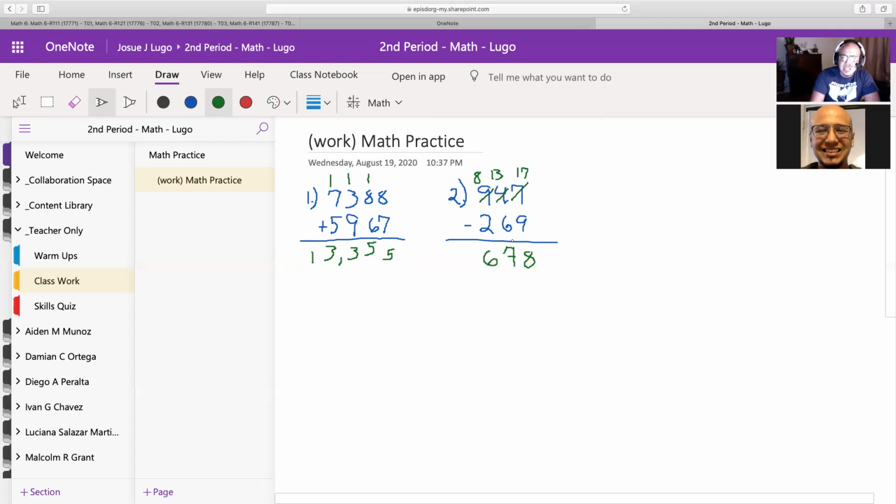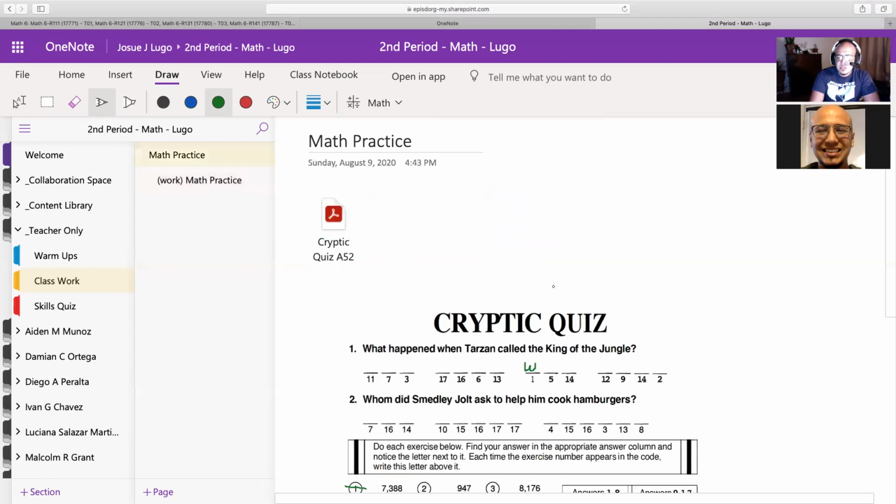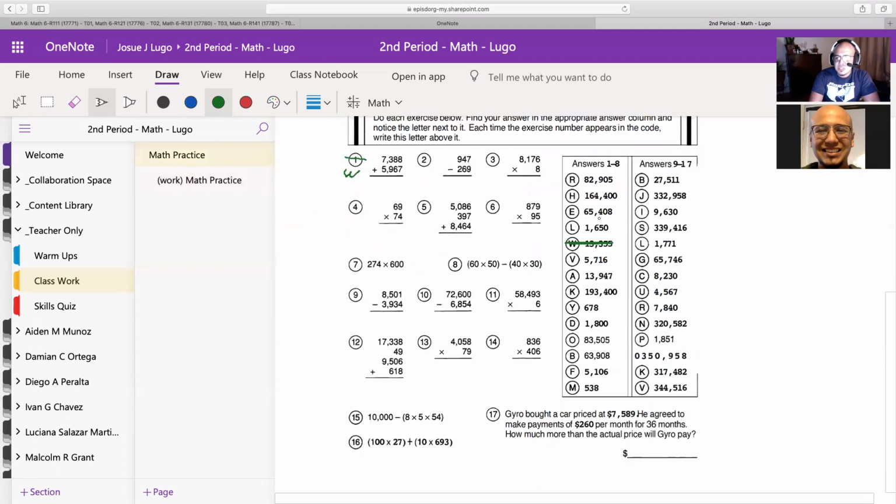678. And guys, also, once you get an answer, I encourage you to circle it, just to make it easier on me to be able to see what your answer is. These are fairly simple problems, so it's not hard to find it, but still. So now let's look for 678. So 678, it's right here, so that's going to be, for number 2, the letter